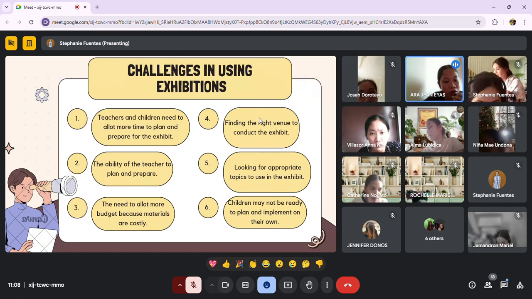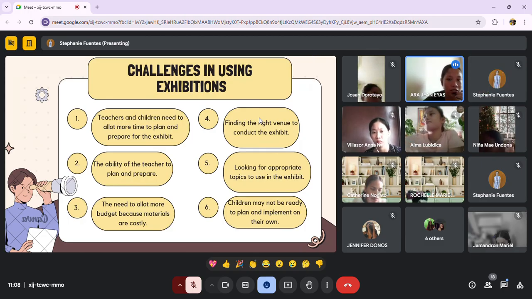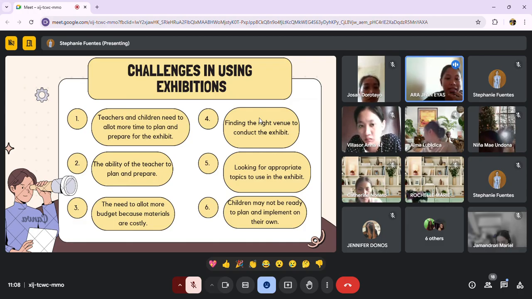So, they must need the more knowledgeable other or those who have the knowledge about exhibitions. And students may struggle with tasks such as conducting research, managing their time, collaborating with their peers, or creating quality exhibits. So teachers must provide guidance, structure, and support throughout the planning and implementation stages to help the students succeed. Without adequate support, students may feel overwhelmed or may not be able to complete their projects effectively. So please next.